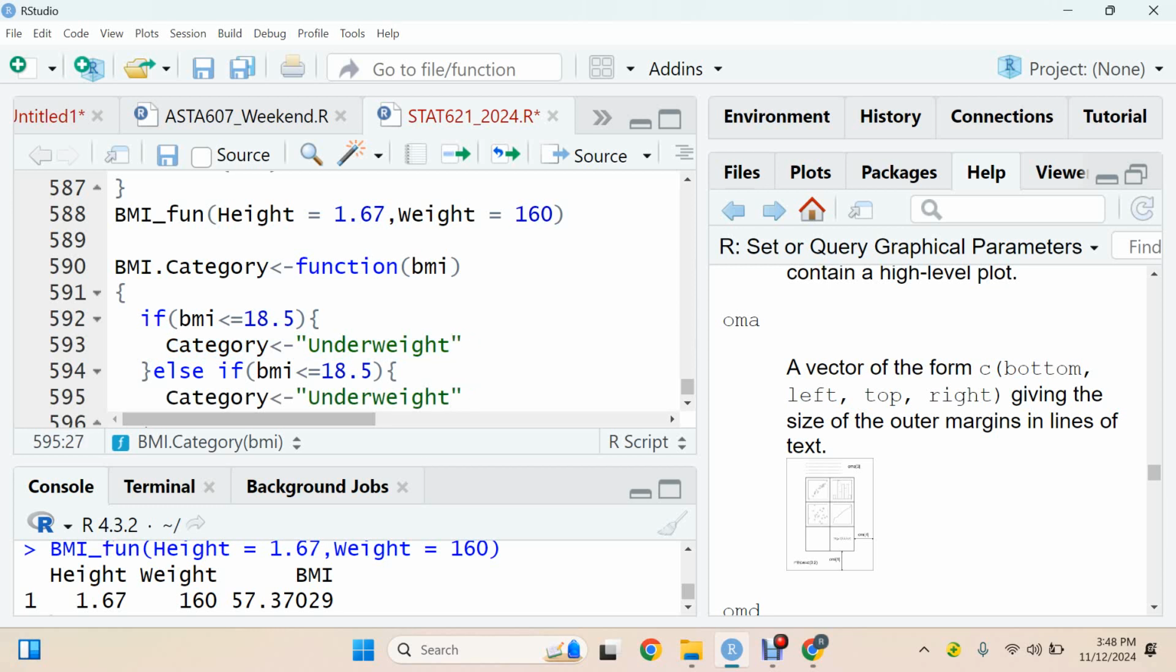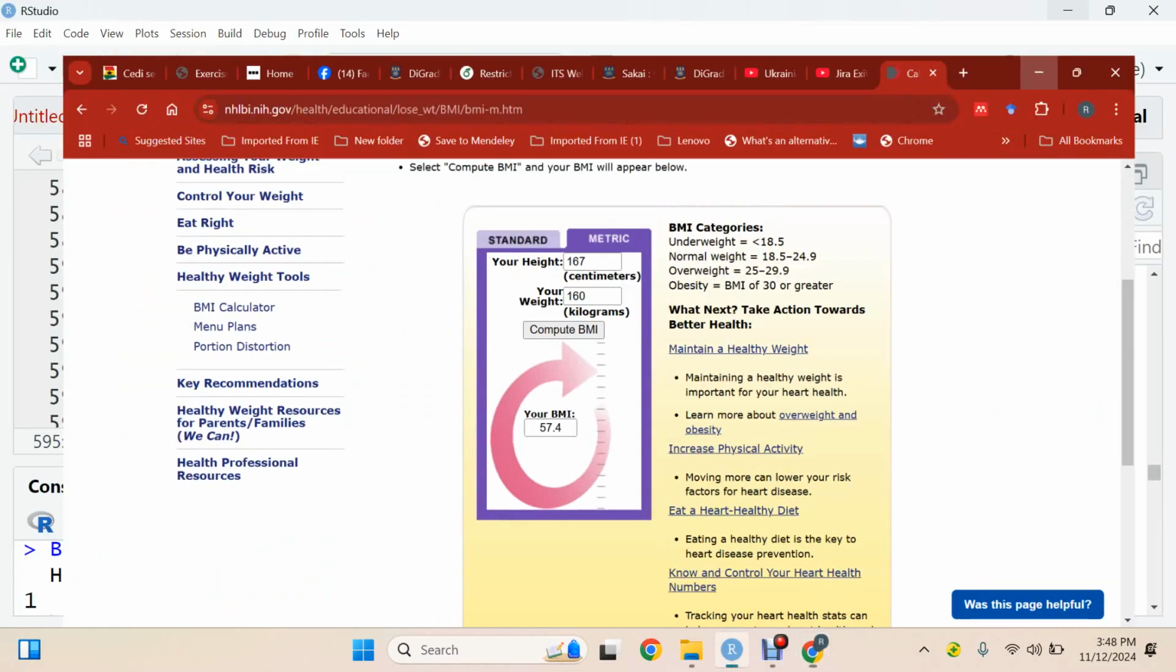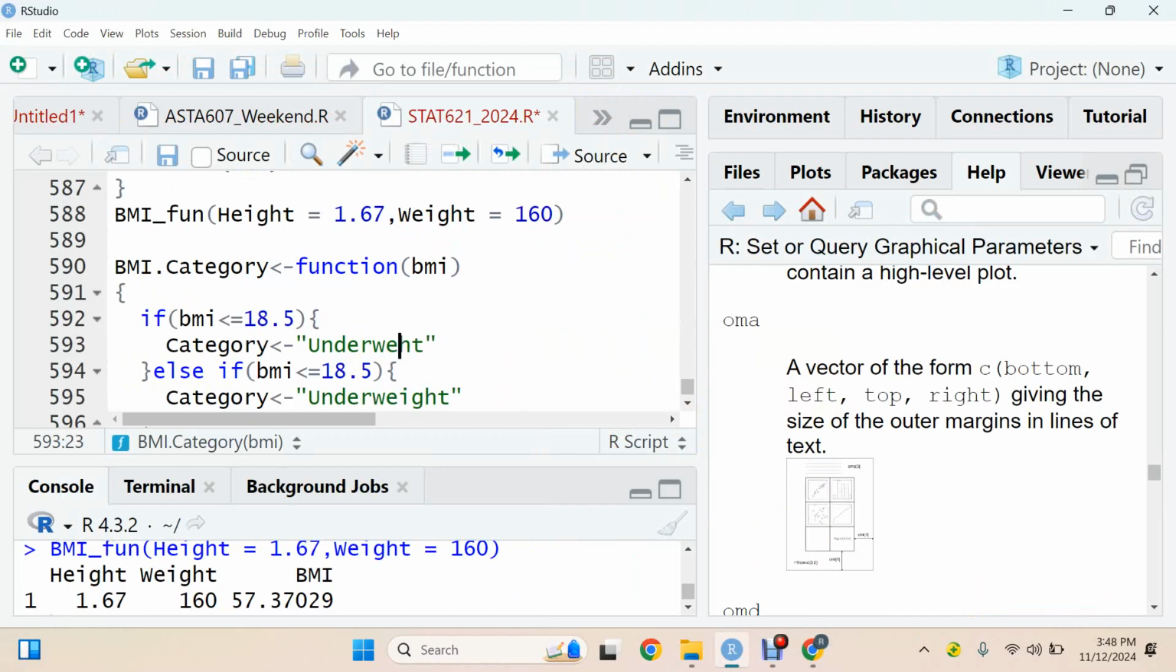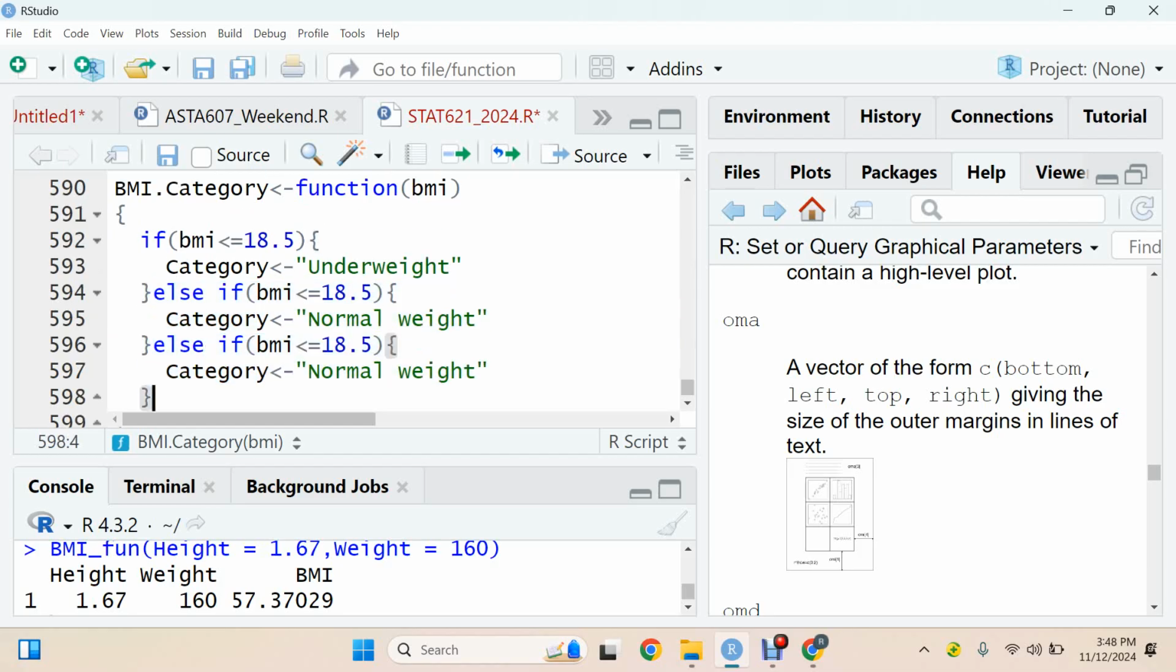So that's normal weight. Is it together? No. Underweight is together, but normal weight is not together. Normal weight. Then we need else if again, right? So I can copy the whole thing and paste, and then I do my